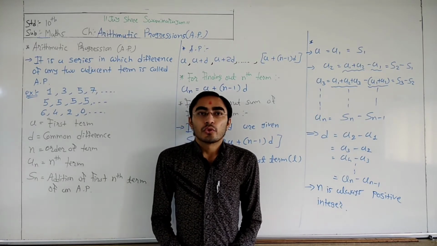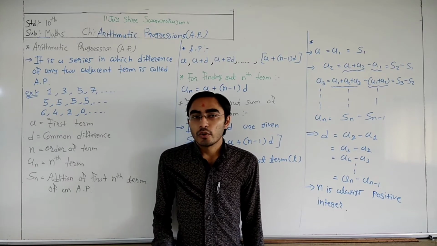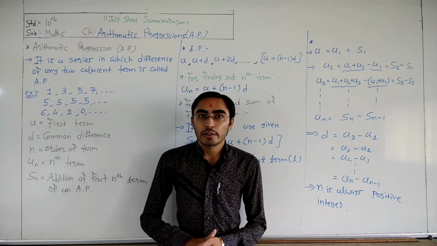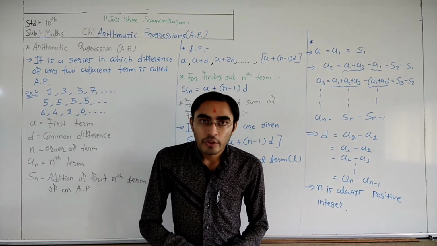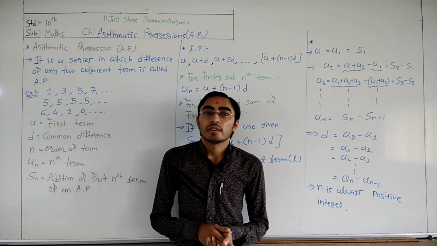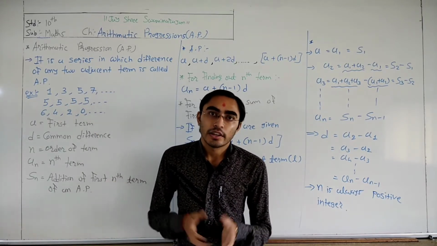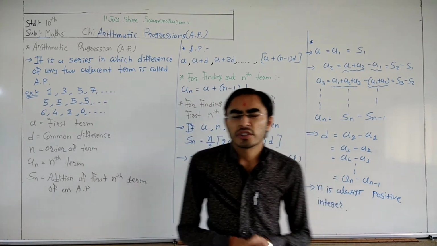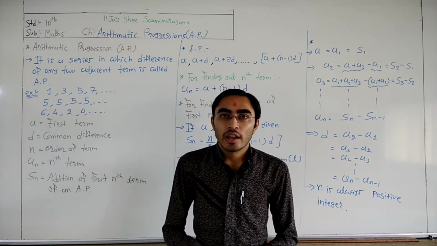If we continuously save some money from yearly savings, say 1 lakh rupees in the first year, 1 lakh in the second year, 1 lakh in the third year, 1 lakh in the fourth year, it is also an example of arithmetic progression, because every year 1 lakh rupees increases the total saving. These are examples of arithmetic progression. There are lots of examples in the world.